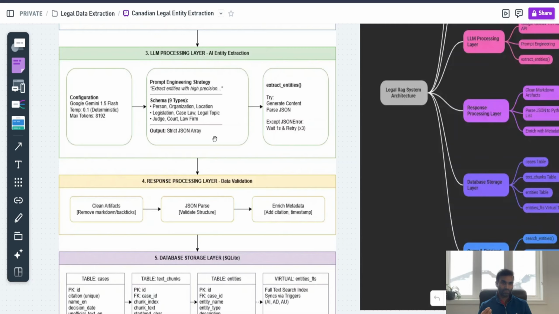You need to do it manually, or even if you have some system, you cannot get exactly what you require. You need to compile everything, and only then can you do the analysis. But by using this entity extraction system, even though this is a small abstraction of how you can build a high-level entity extraction system, here we are just extracting 9 entity types, but still it is so powerful